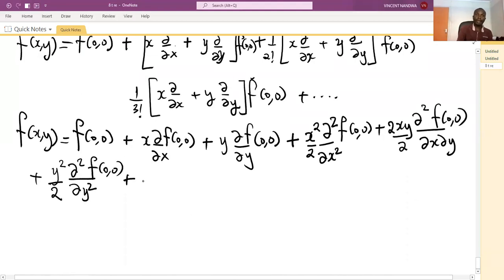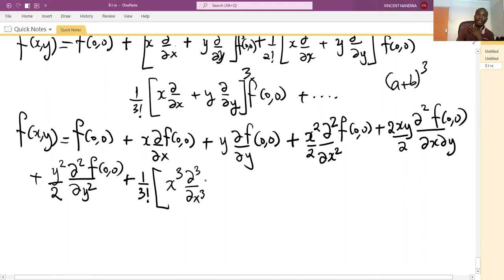Plus 1 over 3 factorial, which, remember, I have power 3 here. So (a plus b) power 3, you know, it is a cubed. So I'll have x power 3 ∂³/∂x³, and then I bring in the f at (0,0), plus 3a squared b. So I'll have 3a squared. When you square this one, I get x squared, then this I get y, and then partial power 3. So ∂²/∂x²∂y f at (0,0),